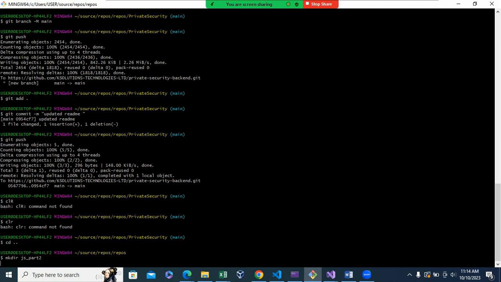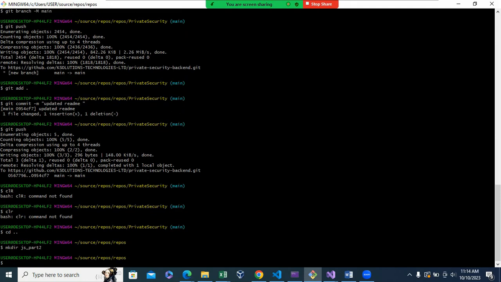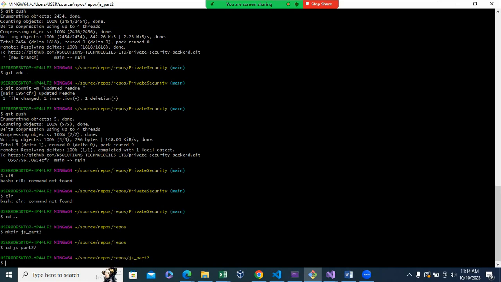This is a folder, and once I create that JS part 2, I go straight into it. Now that we are in this folder, you can use either npm or Yarn. So if you say npm init,